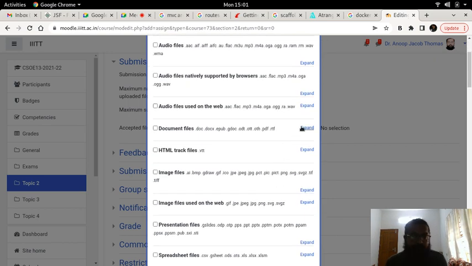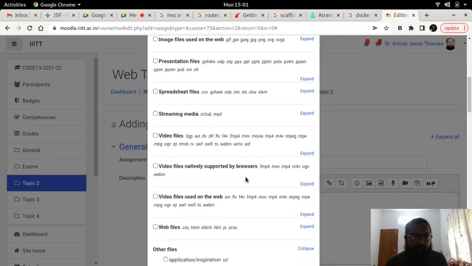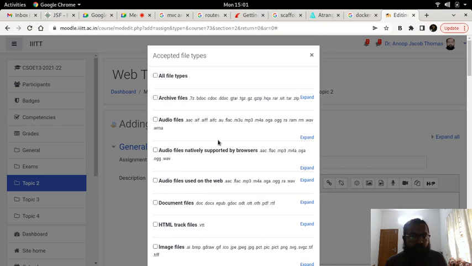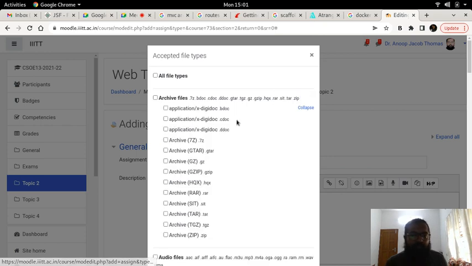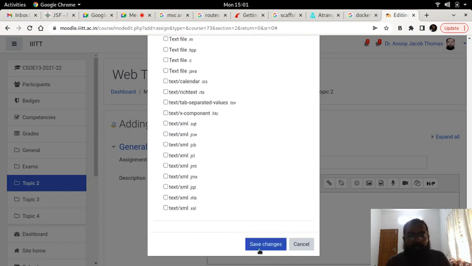Finally, what I will accept is an archive file. It can be a zip file because it needs to contain the PDF. The zip file will contain the code as well as the readme.pdf and the readme.md files, and all the code that you want.